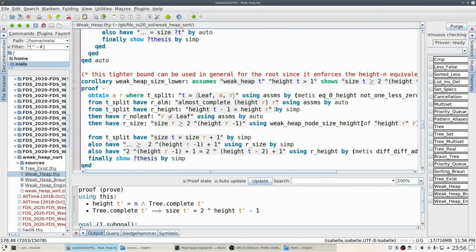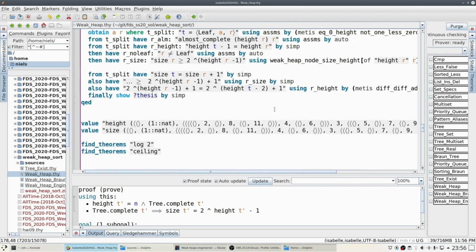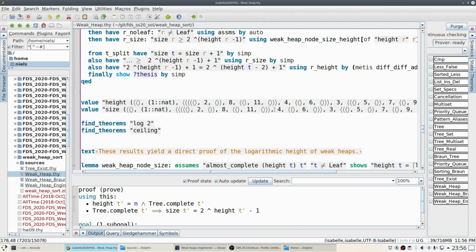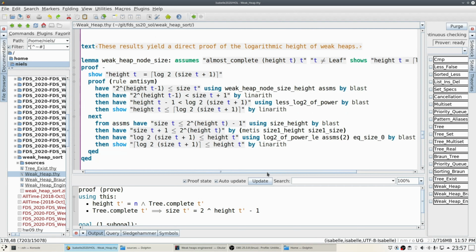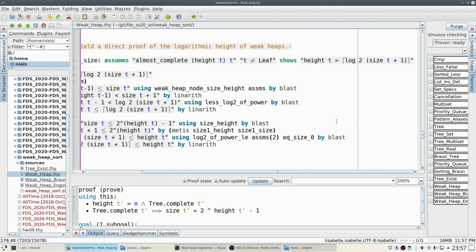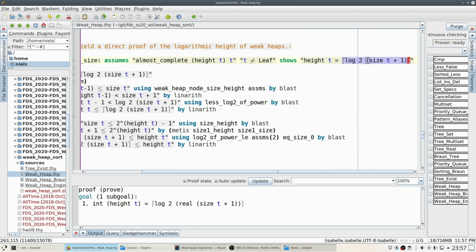So using this and a slightly tighter bound for trees that are almost complete with respect to their own height, we can show the direct proof of the statement that the height of a tree is the logarithm of the size of the tree plus 1,